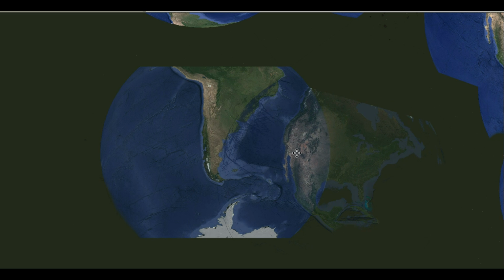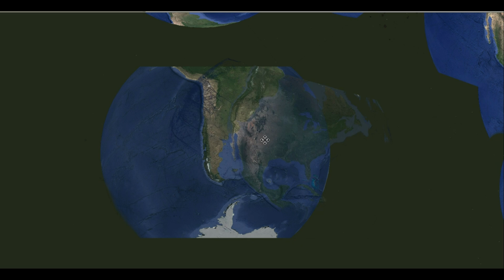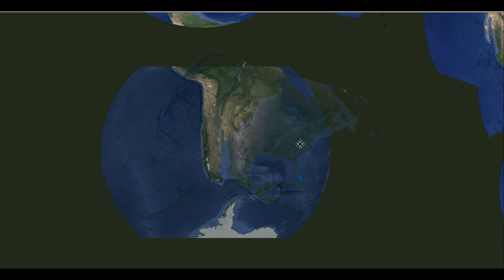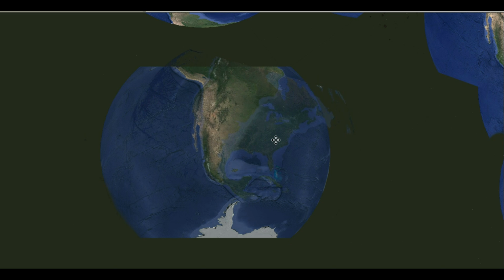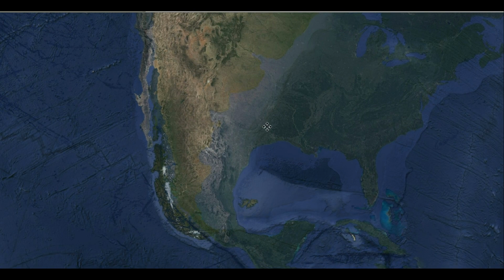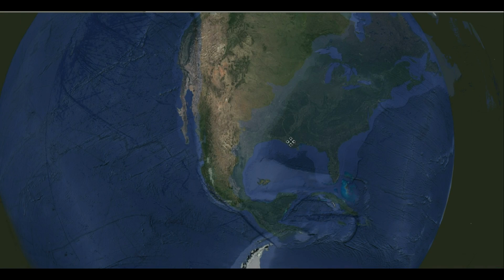You see these lines right here? Well, let me bring this in and show you. You can see that there's similarities right here. I mean, there's no doubt about it. This looks a lot like this, and it does for a reason. And as I bring it in, you can see that things start to line up with the back features, like that. You can even see the Mississippi Delta and the New Madrid Fault,